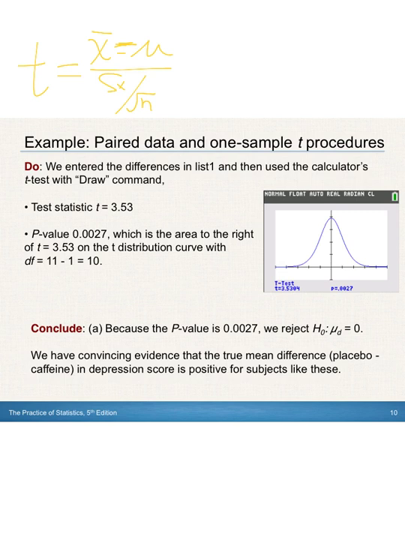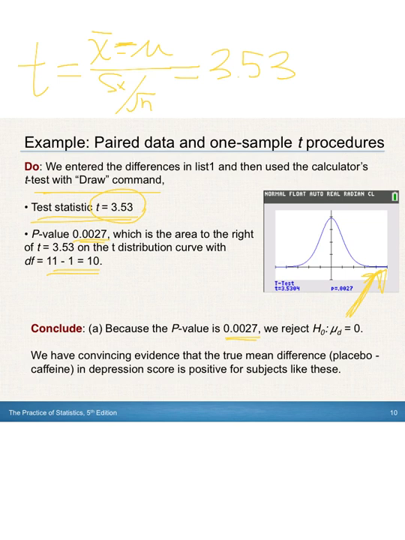You can take the list of the 11 differences, put them in, tell the computer to do a t-test, and then it'll give you your test statistic, which we would have gotten from our calculation there as well. And then it'll give you your p-value. And it'll actually show you a picture of it. And in this case, the part that is under the curve is so small you can hardly even see it. And remember, this was a DF. You'll have to always tell that when you're talking about a T distribution, always have to tell the degrees of freedom, n minus 1. So in this case, because the p-value of 0.0027 is less than our alpha of 0.05, we